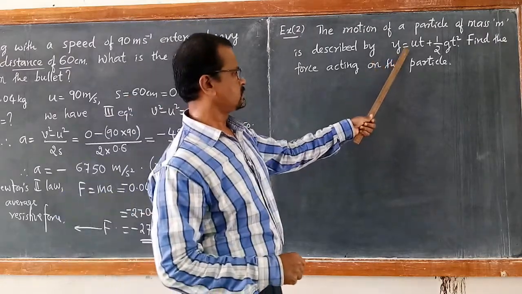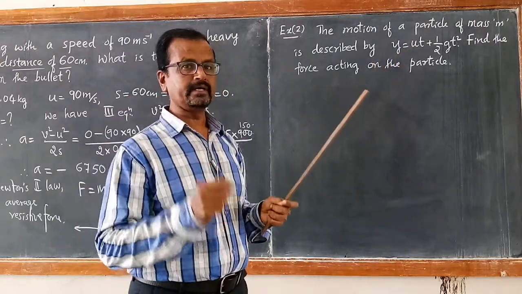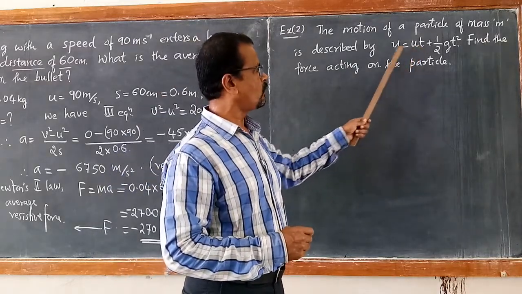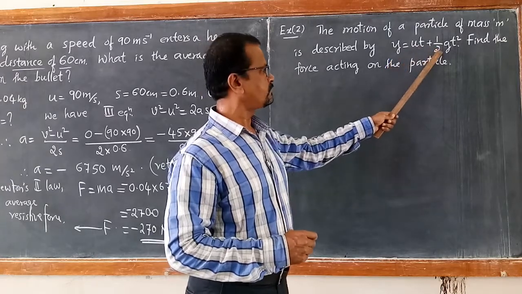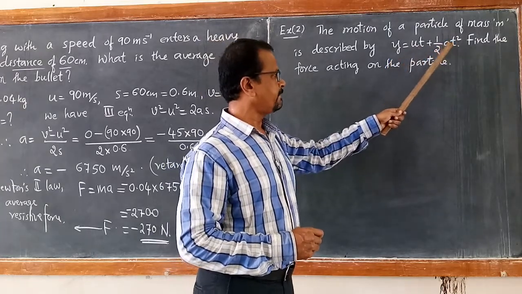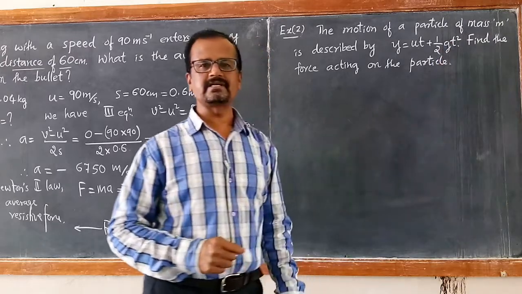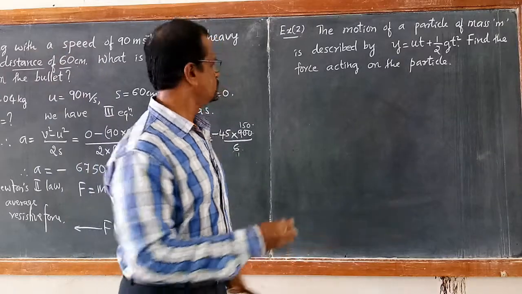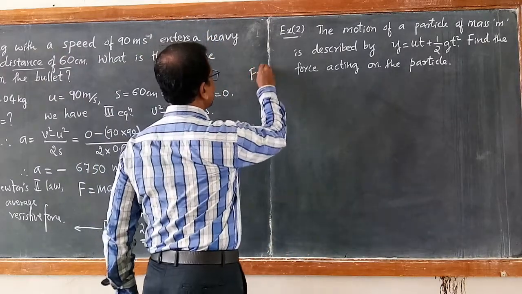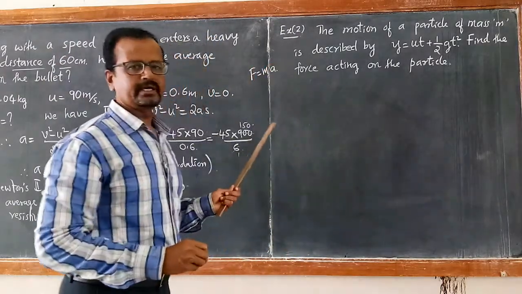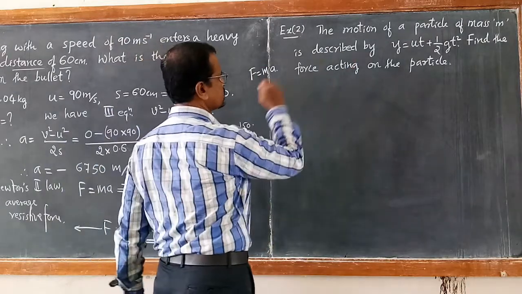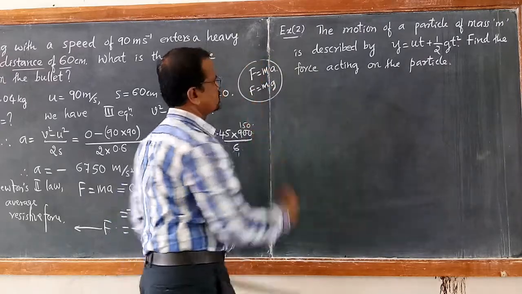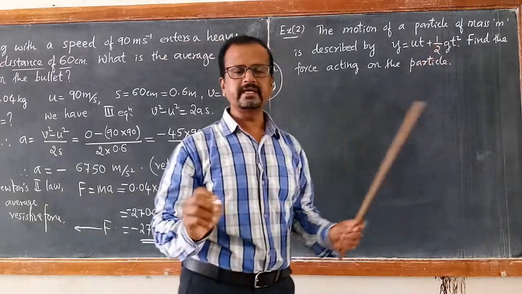So just look at the equation, you will get the idea what is the value of acceleration. U is the initial velocity, t is the time taken, y is the displacement, and half constant, t is again time, g, see, g is the acceleration. So directly you can write force is equal to m into g, that's all. Force is equal to m into a, that is Newton's second law. From the equation, the acceleration is g, therefore force becomes m into g. This is how, by just glancing at the equation, we get the answer.